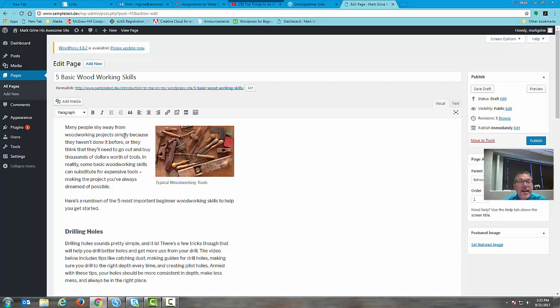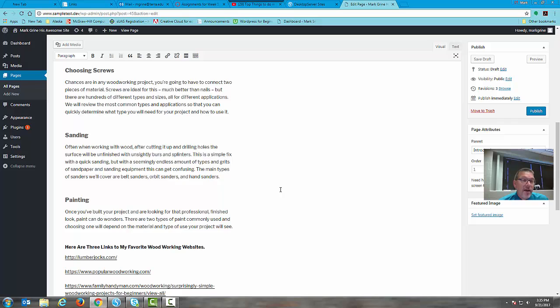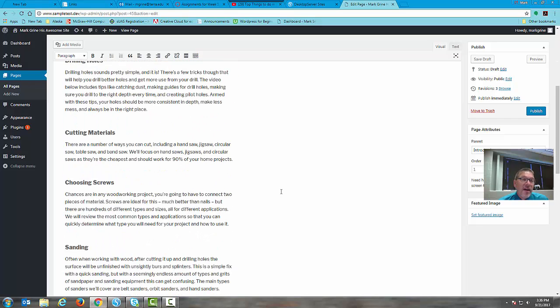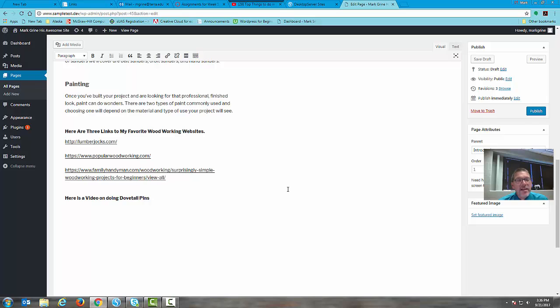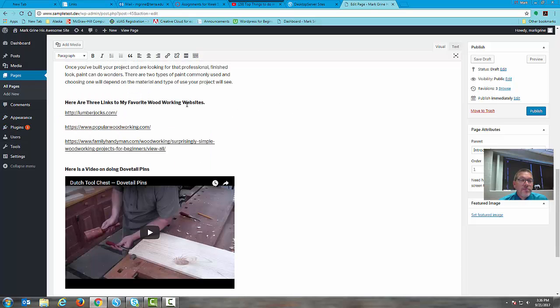And then, using everything that we've done on the pages in the previous few weeks, I've added some text. I added a graphic with a caption on it. And then my page goes down and shows 5 basic techniques: drilling holes, cutting materials, choosing screws, sanding, painting, with just a little bit of information about each. And then down below that I put,